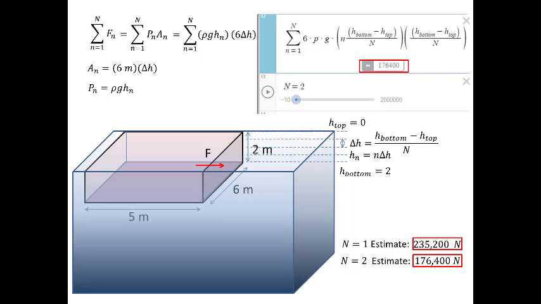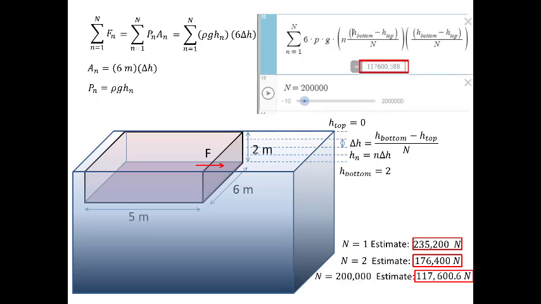So it looks like this is a somewhat trustworthy summation, and it's giving me the appropriate force depending on how many sections I divide it into. And so now we can go ahead and ratchet that capital N up to 200,000. This is the benefit of throwing this in Desmos, is now I can just get to ridiculously big N values, and Desmos impressively cranks this number out pretty fast. And when you get up to 200,000, it starts to converge